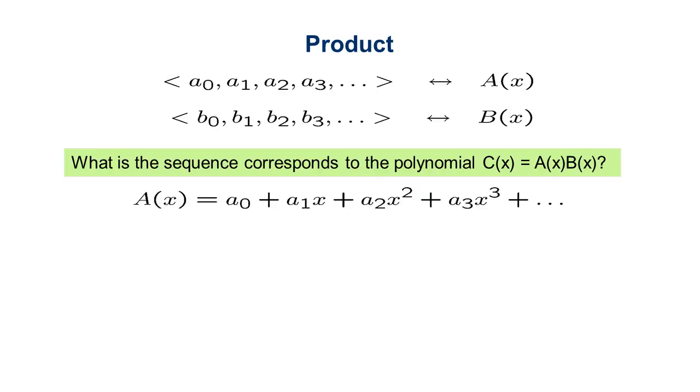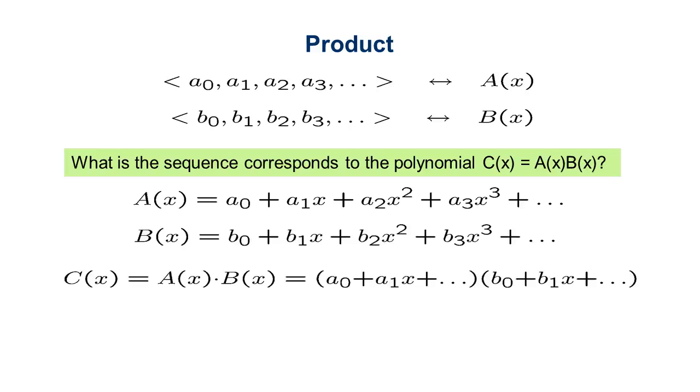A(x) equals a0, a1x, a2x square, a3x cube. B(x) equals b0, b1x, b2x square, b3x cube. Now A(x) into B(x) will be a0 plus a1x plus ... into b0 plus b1x plus ...